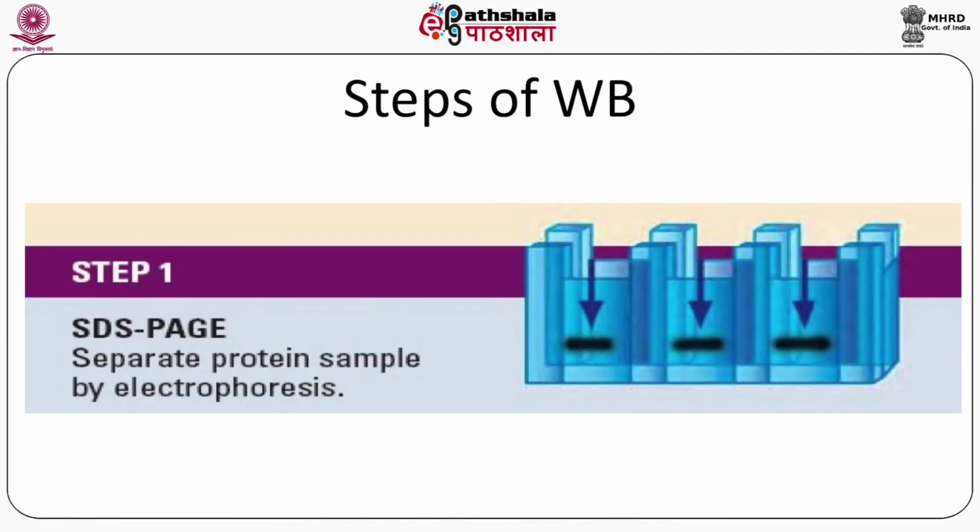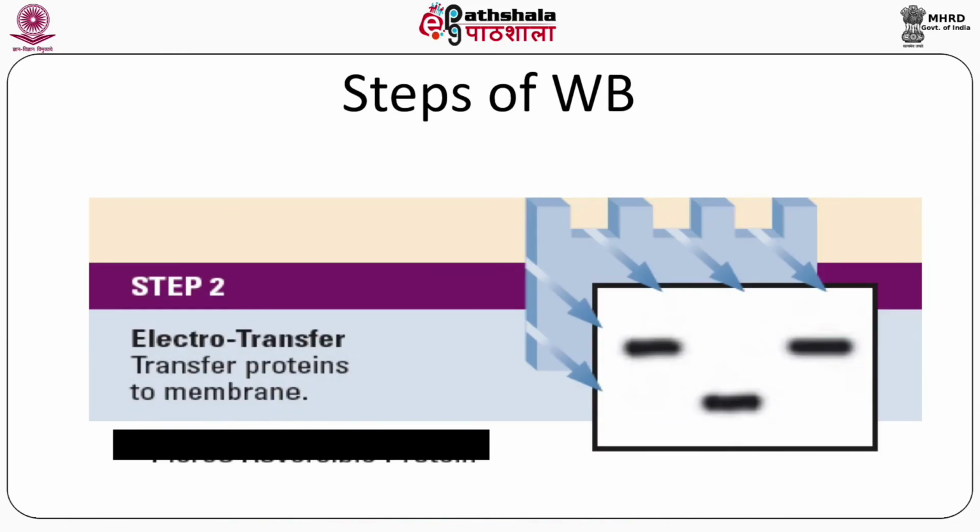This is the illustration of the Western blot. You can see that we are loading the different proteins into the gel, and those are the profiles of the different bands. So this is the electrophoresis stage, the first step, and this is the second step, where there is an electrotransfer of these proteins from the gels onto the nitrocellulose or the PVDF membrane. Again, this is an electrotransfer, so we are applying an electric potential to do that.